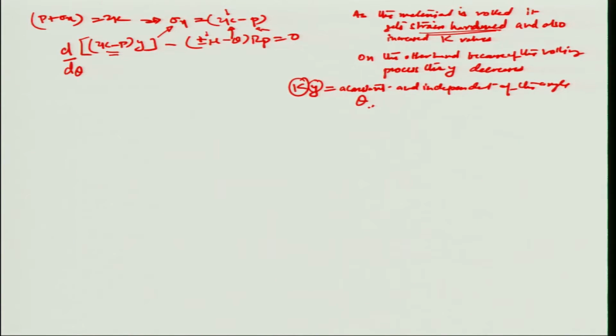However, in actual rolling processes it may not typically be true, but in cold rolling processes where the friction doesn't vary very much, and also we can assume the strain hardening may not be so drastic, this assumption still remains valid. So if we have this simplification without resulting in much error, we can pull out the Ky term from here because it's now independent of theta, and we can write twice Ky d by d theta of 1 minus p by 2k. This whole expression here, plus obviously